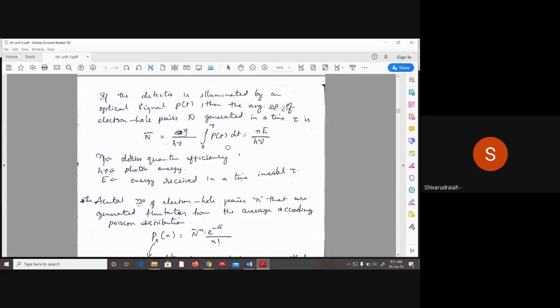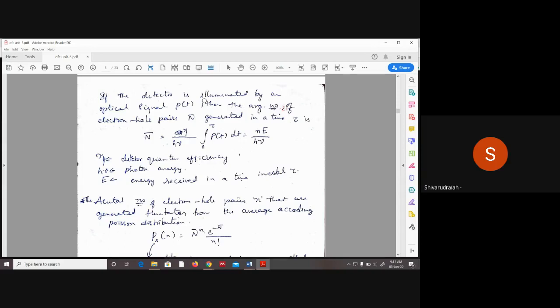So let me take up this mathematical modeling. As I was mentioning, before we actually construct your receiver block by selecting the appropriate components or devices, one has to come up with an appropriate mathematical model. Mathematical model means in terms of mathematical equations, right? So let me start with this first equation.